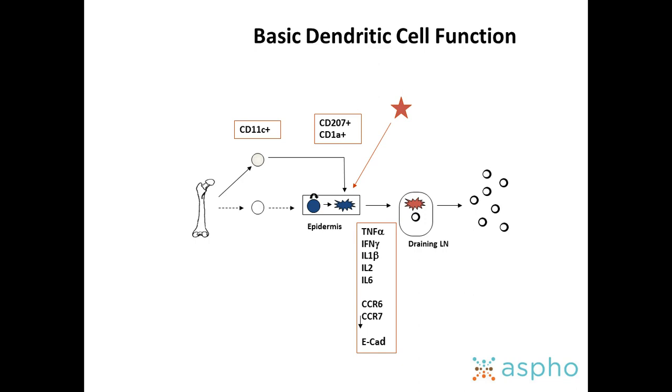So basically, these cells get seeded when we're in fetal life. They actually come from fetal liver, and these precursors sit in our epidermis. 1% of our skin is made up of these epidermal Langerhans cells, and for the most part they just sit there and do nothing. But when an antigen comes along, they get a stimulus, either trauma or an infection. They pull up their anchor, they pull up their E-cadherin, and they get stimulated by all these cytokines, and they migrate to a lymph node.